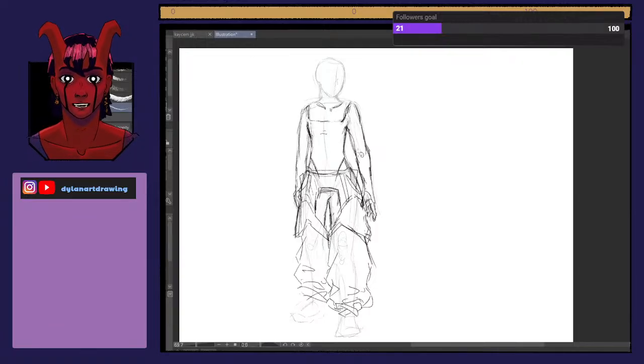If I don't know where to place the elbow, how can I find out? Well, it's very easy. You just gotta find the belly button of the character first, and from there,